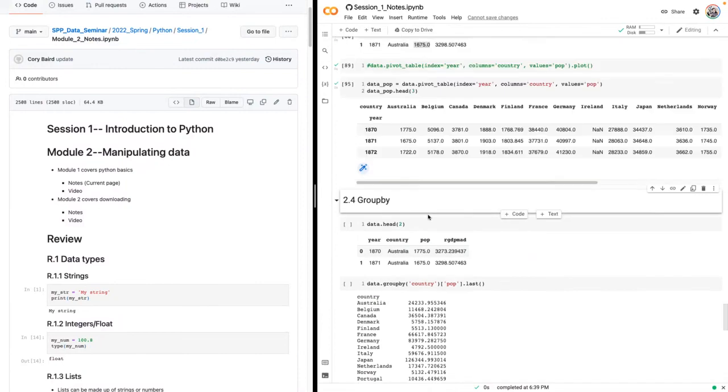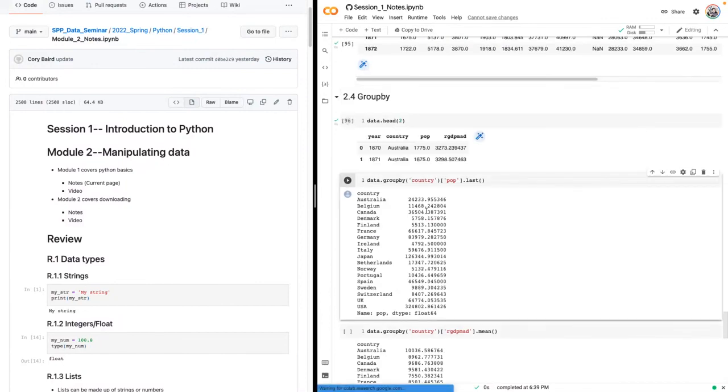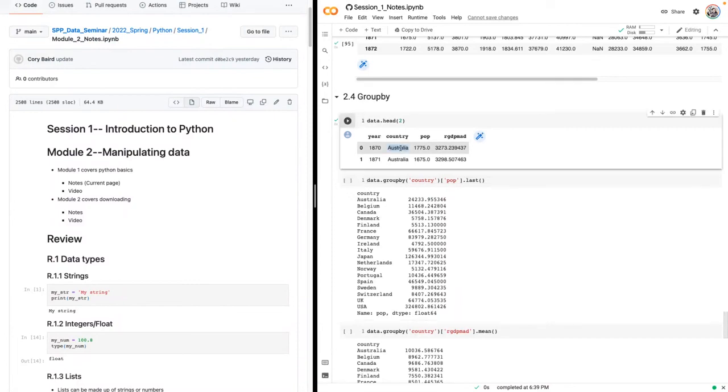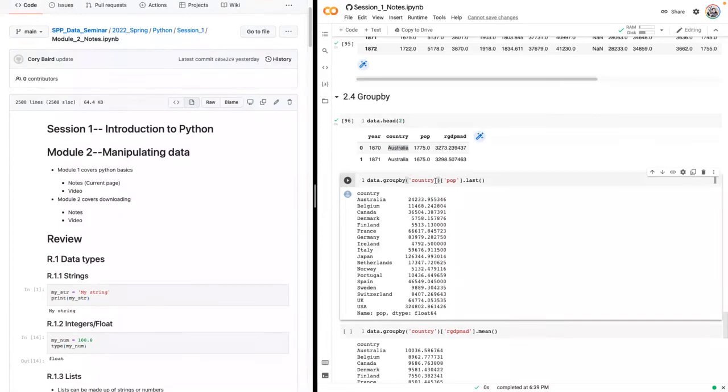It's super convenient. There's also the group by function that I want to show you, and that essentially groups some piece of data. It's almost always categorical data that goes inside the group by. So what I'm doing is grouping it by the country. And then after that, I am selecting some column that I want to see grouped and aggregated. In this instance, I'm using the last function, which gives the last